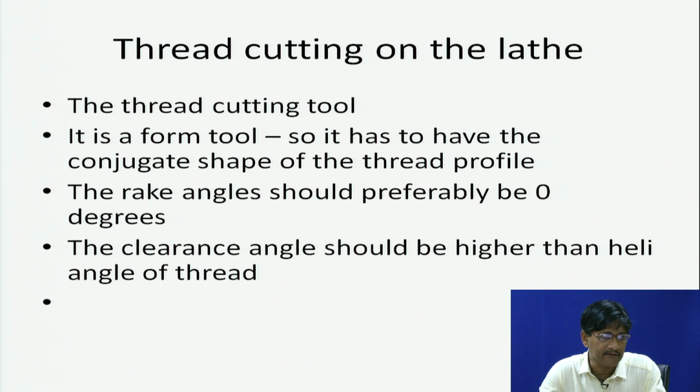And I should add here, when you are repeating passes in order to get the full depth, generally we do not do it at right angles to the axis of rotation, but at a slight angle, so that the principal cutting edge takes the lion's share of the cutting and not the auxiliary cutting edge, because if the auxiliary cutting edge is participating too much, you have chips coming from that side and interfering with the regular flow of chips from the principal cutting edge. So, slightly the tool is shifted to the side in addition to the depth given in each pass.